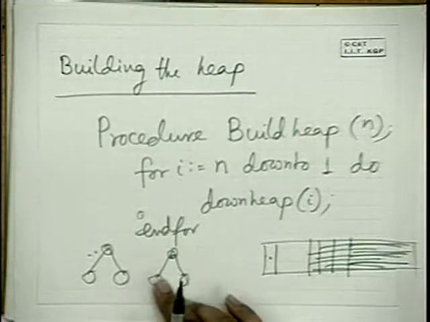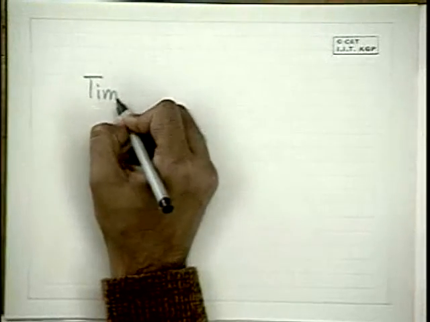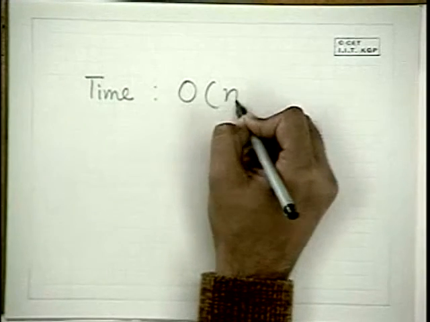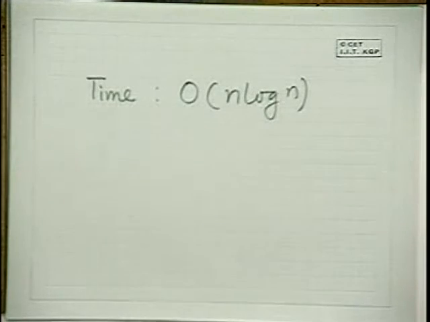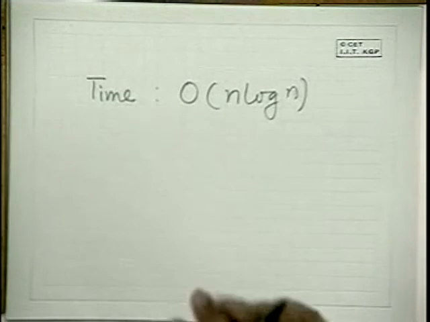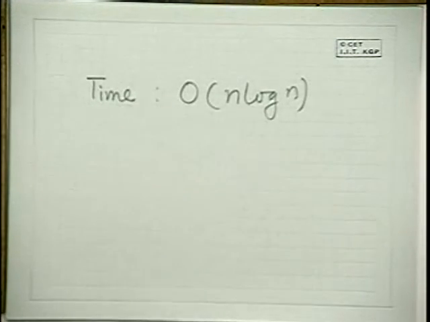Okay. Now my question is, how much time does it take? Okay. So the time is order of n log n, right? Why is it so? The n steps of this. Yes. So that's very good. There is a for loop which is going over n times, and each one we know is taking order of h, which is order of log n, so n times log n. So we are building the heap in order n log n time.